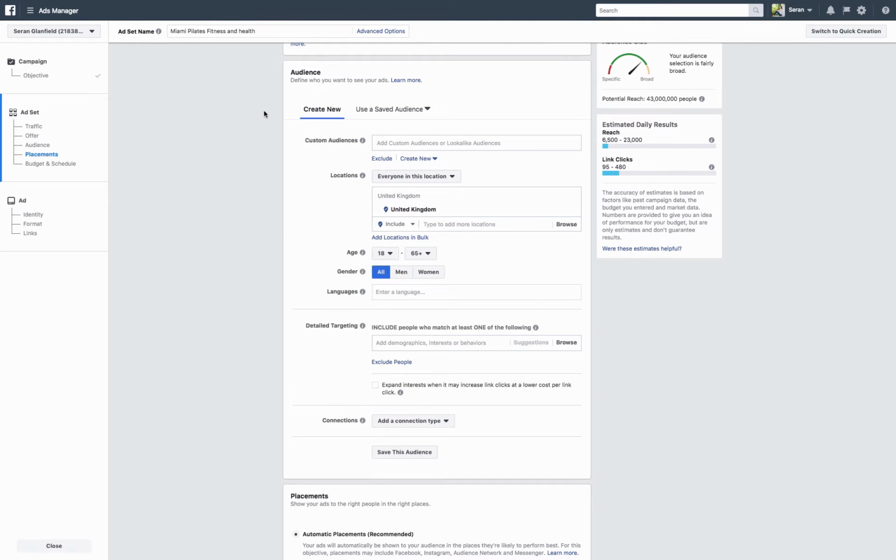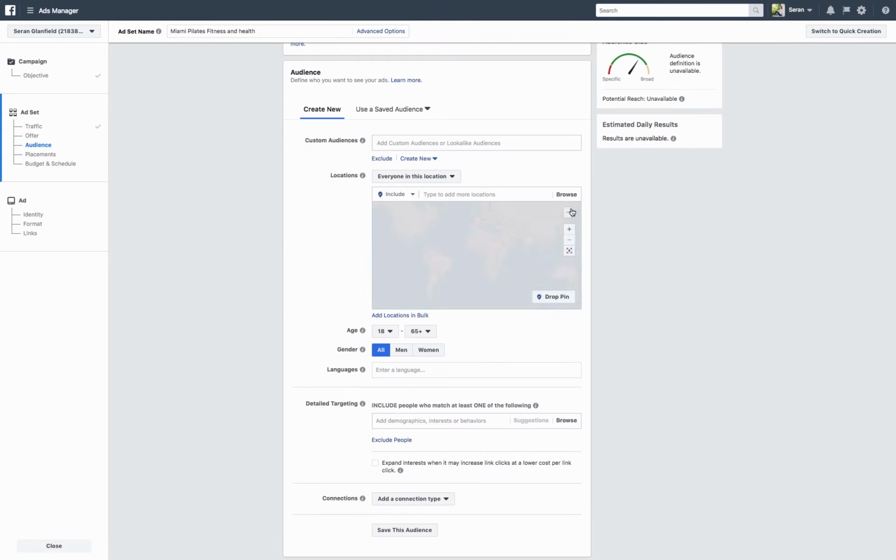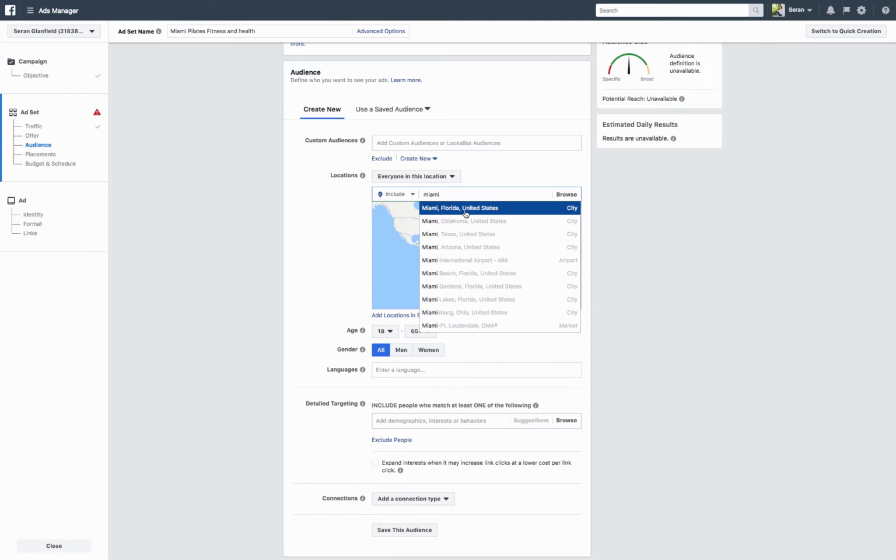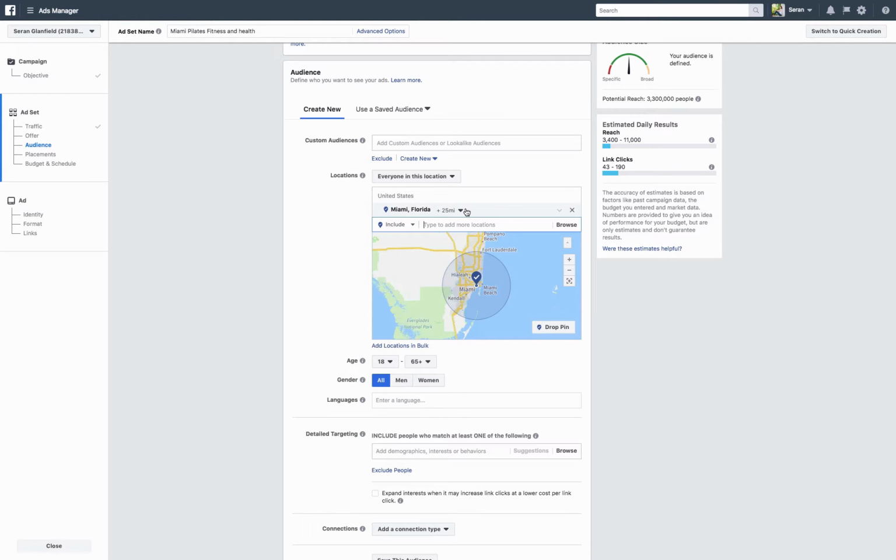And then we're going to start to define our audience. And this is where things get fun. So you can use a saved audience if you have that already set up. If not, you can create a new audience. So you're going to leave that top line blank and you're going to go straight down here to locations. So since I'm based in Miami, I'm going to be targeting people in Miami, Florida, for the purpose of my